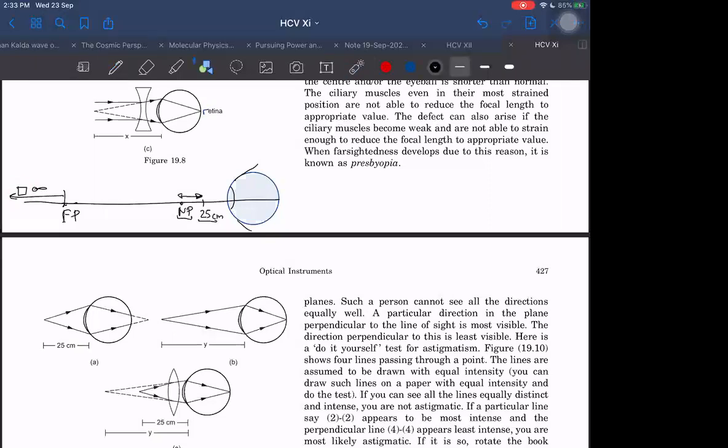Let us say this block is kept here, and I want to see that block. So what should I do now? How to see this block here? I am not able to. This object, whatever it is, a block, I want to see this. How to see this? I will do one thing.